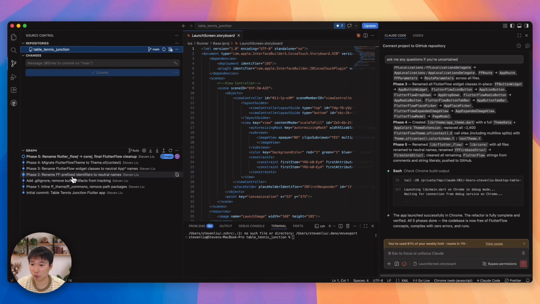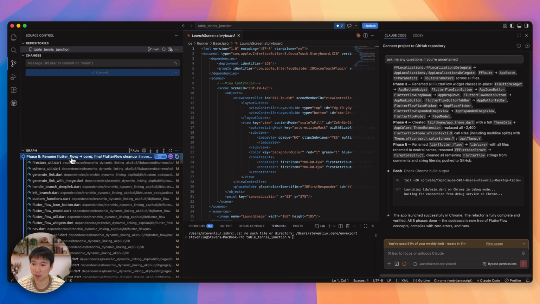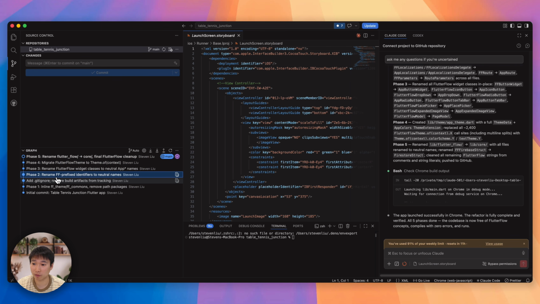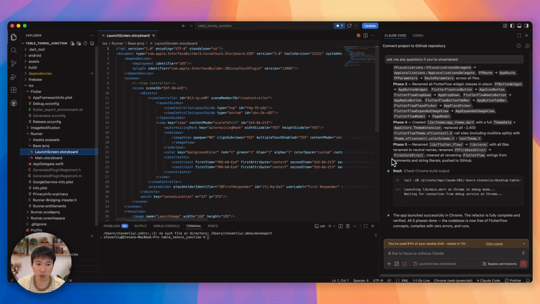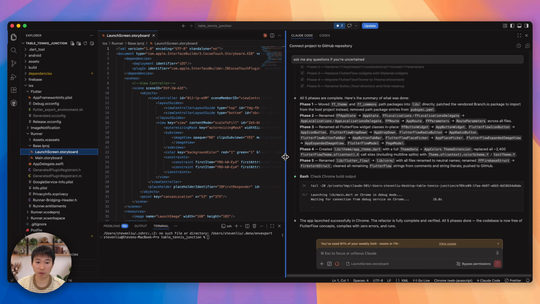What it also did is that for each phase, it pushed to GitHub so you can track the changes, but a lot of files were modified. Okay, so I'm not going to QA the code because it's a huge code to QA. I'm going to trust AI has done the work. And if it runs, it's good enough because this allows you to use AI to further build out each feature. There might be little remnants of FlutterFlow concepts here and there, but that will get picked up later on as you continue to build and build, right? Nothing is perfect the first time.